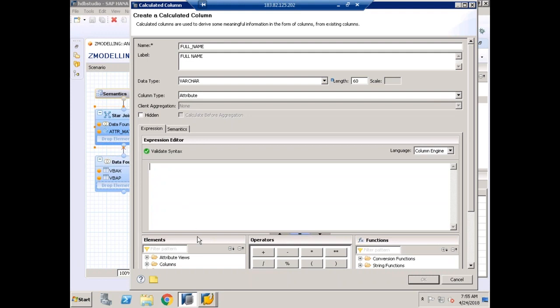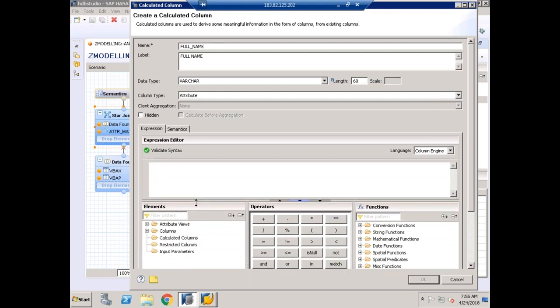Here I have to provide the logic. What is the combination I want? Material number. So from the attribute views, I'll select material number. I'll just drag and drop material number plus. You can see there is a button here, operator. Plus. Then I can drag and drop maktx, but I want uppercase of maktx. So what I'll do,